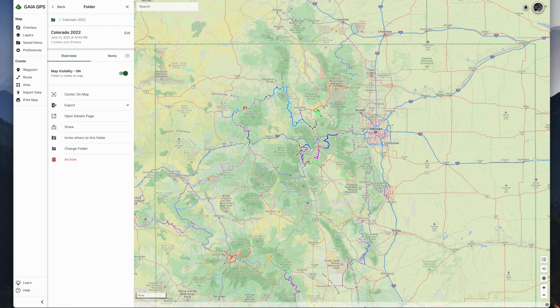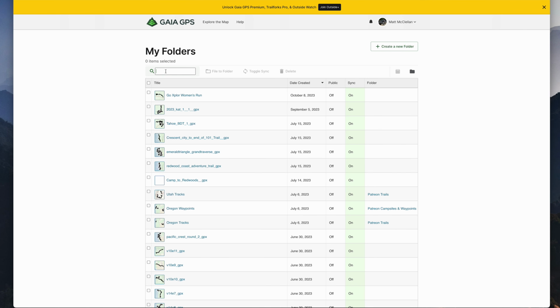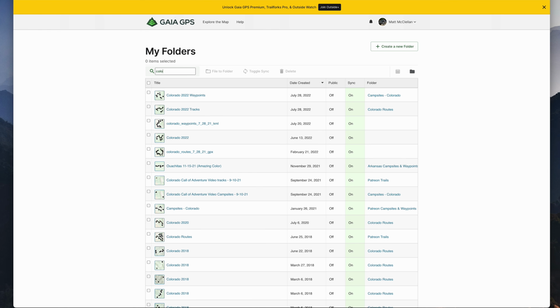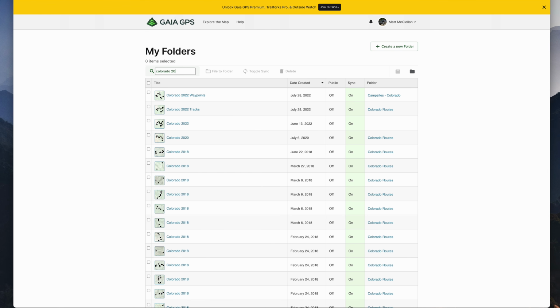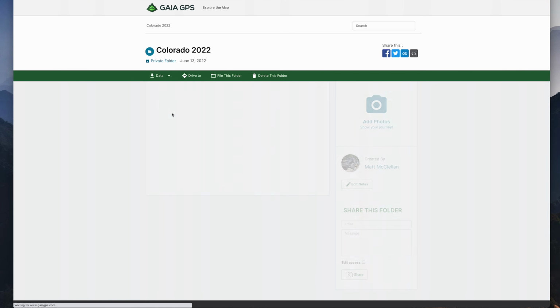The other way to do it is to go to this folder view over here. I'm going to click on my icon in the upper right hand corner, click on folders. Again, I go over this stuff in detail in my how to stay organized in Gaia video. Okay, so here are my folders. And search for that same folder here, Colorado 2022, here it is. If I click on this,